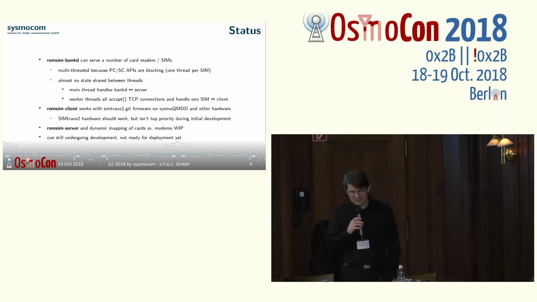We are actually doing this, but that doesn't really determine the actual application layer latency or maximum. It doesn't determine the upper bound for the maximum latency, because in the T=0 protocol that's spoken between a chip card and the reader, there's something called waiting time extension. So basically, let's say the phone or the modem sends the run GSM algorithm command to the SIM card, then there is an initial waiting time, how long the card reader in the phone will wait for the card